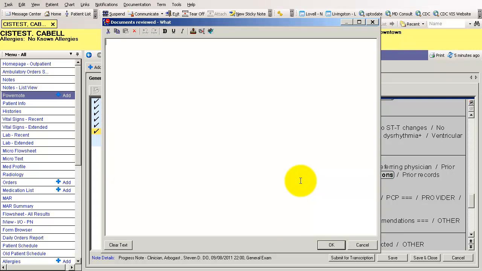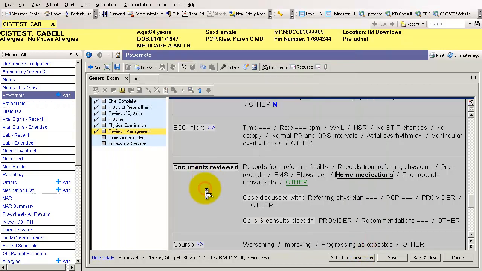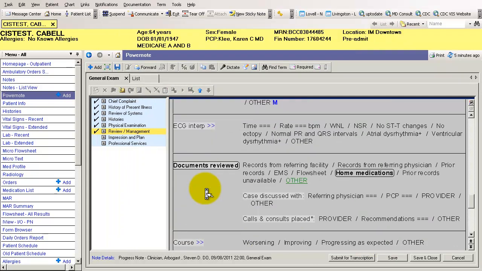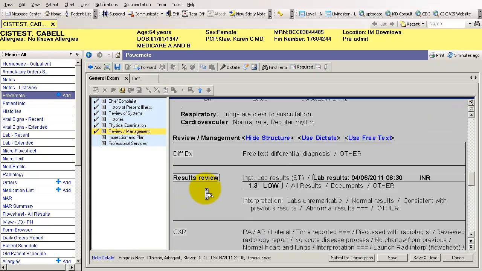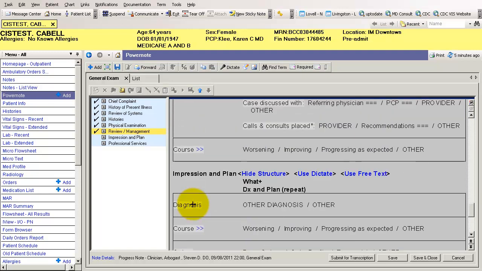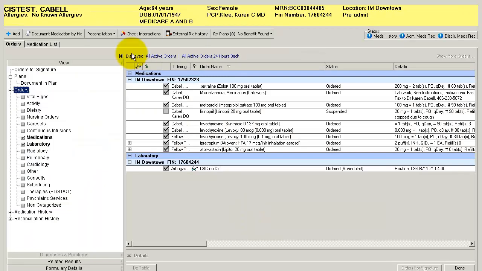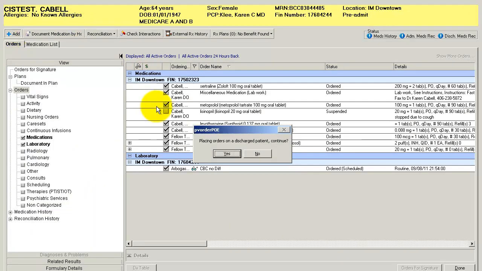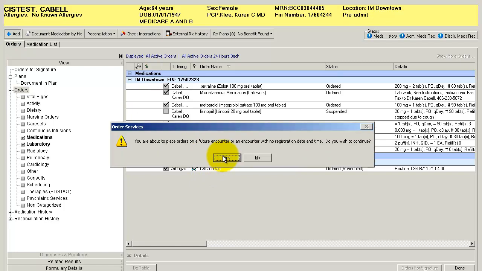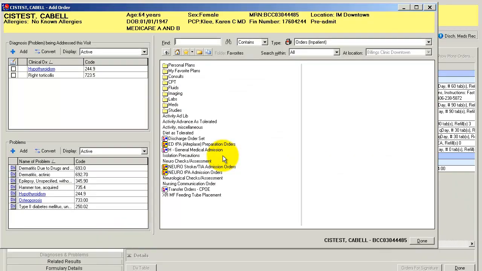When you type in this other screen, an entire free text box opens up in which you can type whatever you like, or use Dragon, which is what I do. Hotspot does not work in that box. However, up at this review of management, you can use it up at the top there. Down at the bottom, the way my workflow goes is I have a tendency to discuss my plan with the patient initially, then I'll order whatever I want done. For example, if I want a CBC done in the outpatient clinic or in the hospital, I will simply pull up an order,